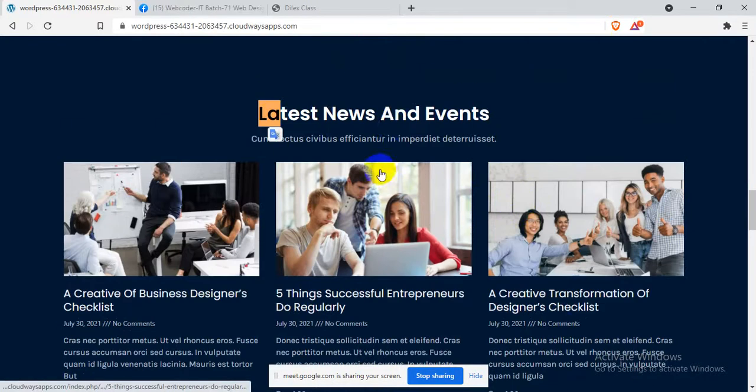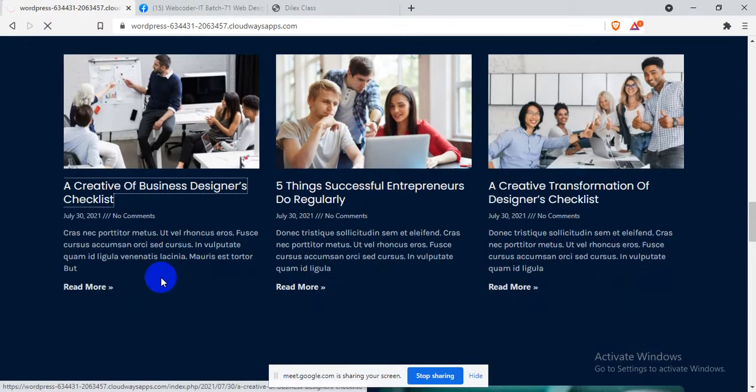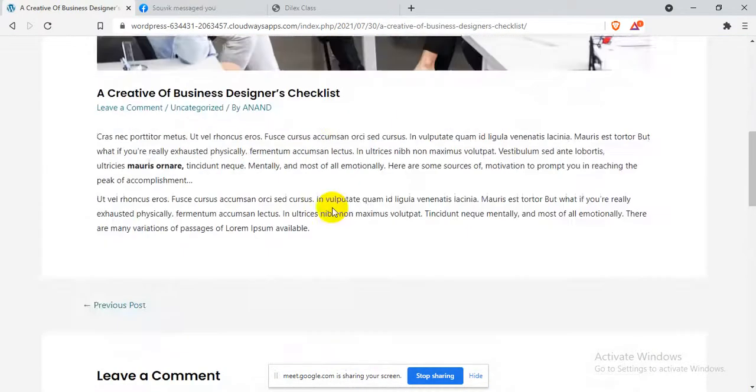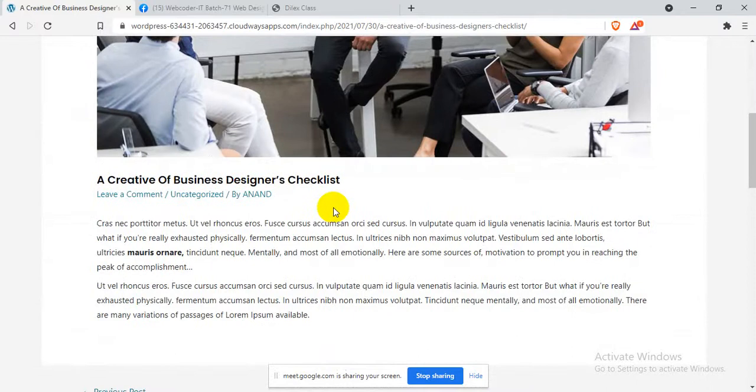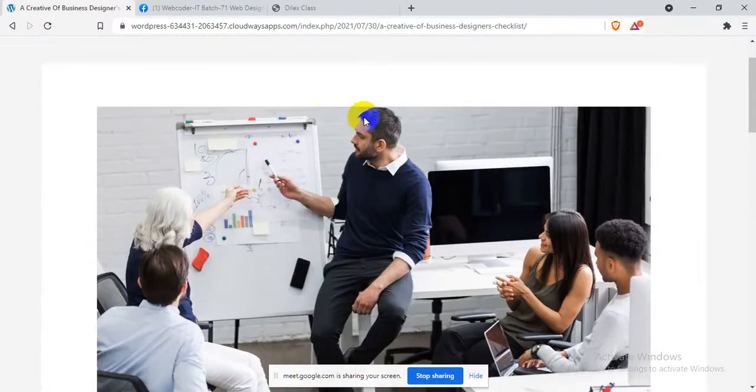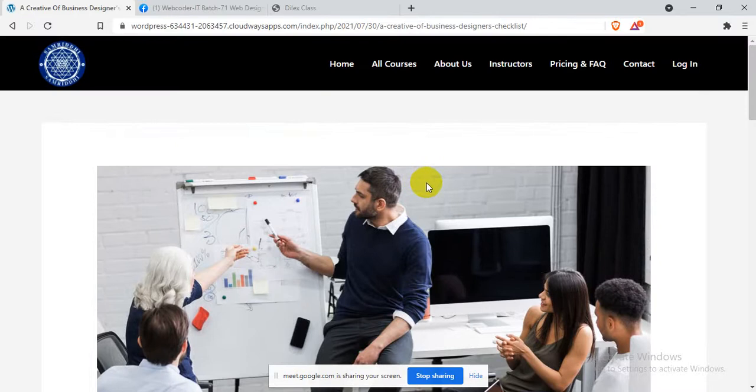Latest news. Yes. Latest news means blog. If you write something, all this will come, and if you click on a blog, a blog will come up. I will show you how to create a blog inside the WordPress dashboard, and you can share some thoughts or a recap of the courses, so people will be updated. It would be a free section, so they will have some quality information about the courses.